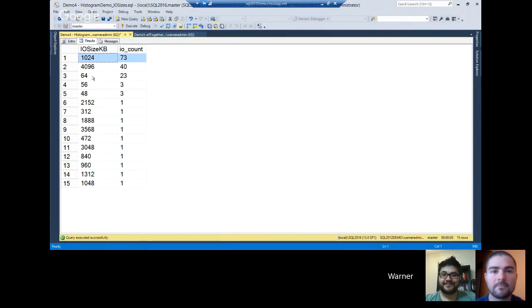But this is just to show you that we can actually see the size of the IOs that SQL Server is doing for any given session. With extended events, we can see even the size of the IOs that are being captured, right? So